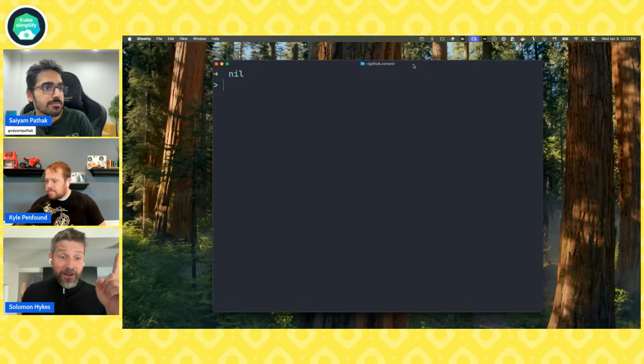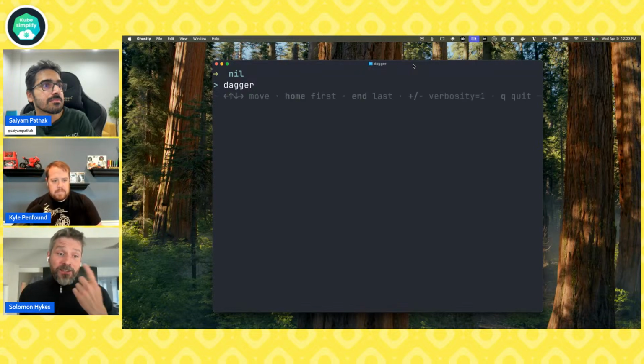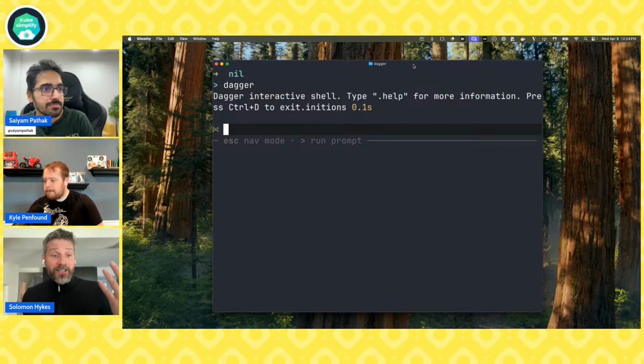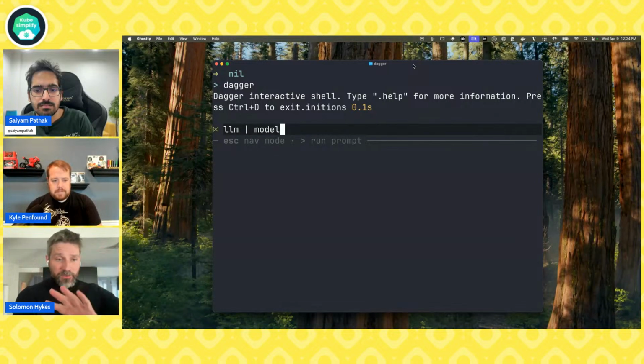You need to install Dagger, which is a command line tool, on your machine, and you're going to need some sort of an LLM endpoint. It could be a local LLM with an open model like Llama or Qwen Coder. Ollama is fine too, right? Yes, it works with Ollama.